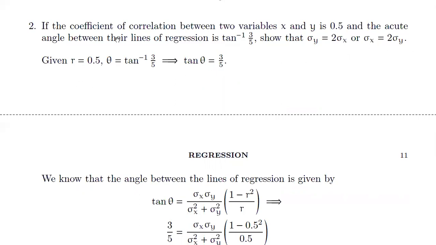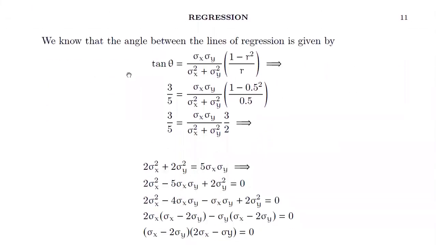Now here they have given the coefficient of correlation, which is r, and r is equal to 0.5, and they have also given the angle between the regression lines. So theta value is given to be tan inverse of 3 by 5, which implies tan theta is equal to 3 by 5. So now using these two values, that is using the value of r and tan theta, we have to find the values of sigma x, sigma y, and prove that these two relations are true. So now we know that